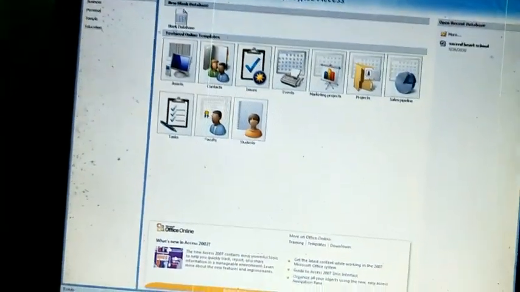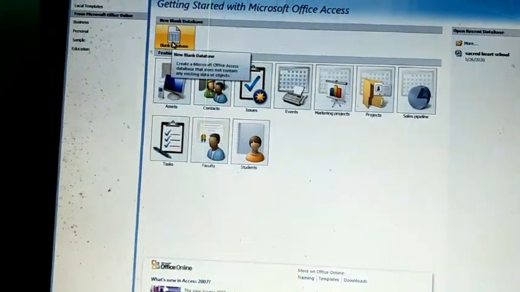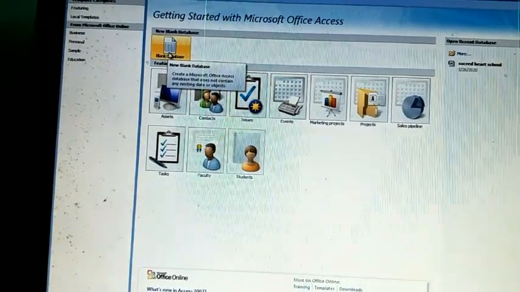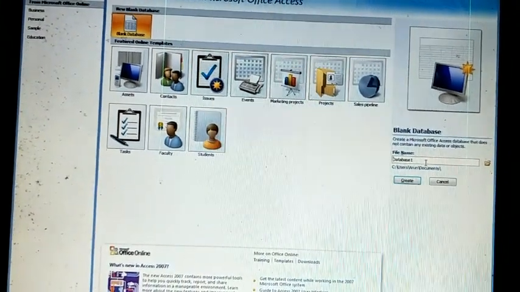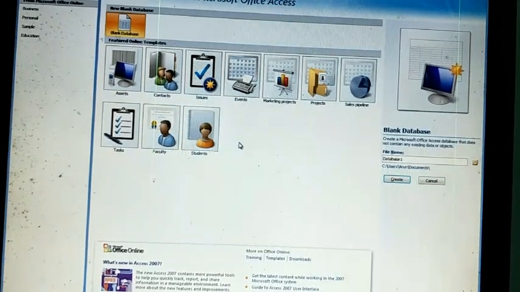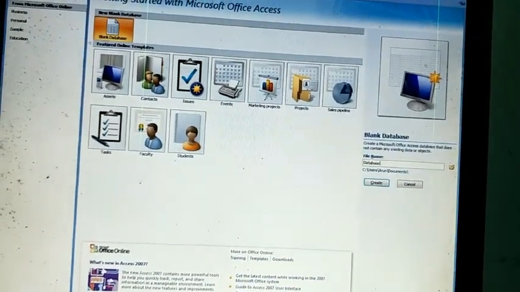Now to create a database, first you will click on the blank database option. After that it will ask for a name to save your database. Then you will write the name of your database.